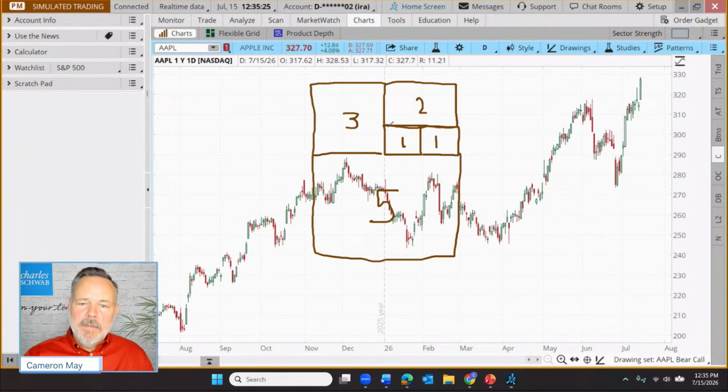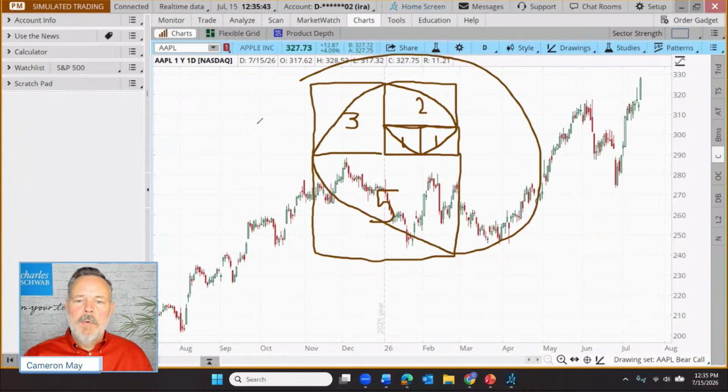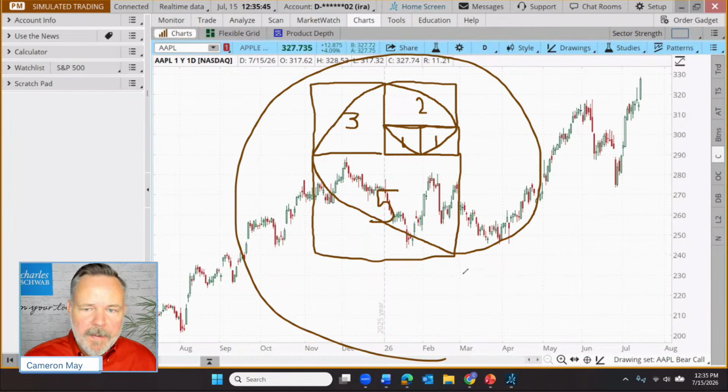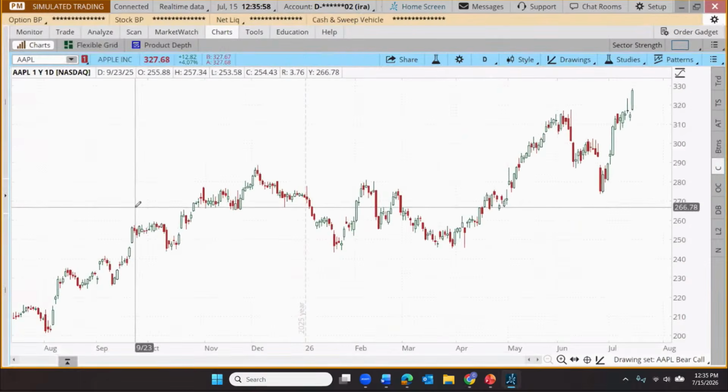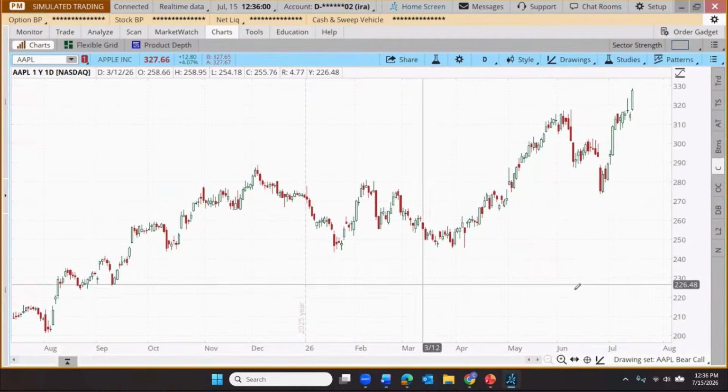So here's the arc. Through all of that, what we do is we just start in the very first box that we drew, and we draw a little arc from one corner to the next, and then we bounce up to the opposite corner, and we go up to the opposite corner and down to the opposite corner. Do you see that? And we just start drawing an arc, and you can see how this would just go like that. So there is our arc. Now that you know where it comes from with my terrible drawing skills, let me just clear the drawing off the screen, and let's apply it using the tool on the platform.